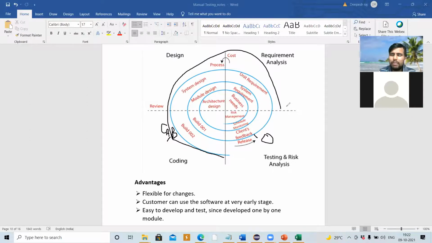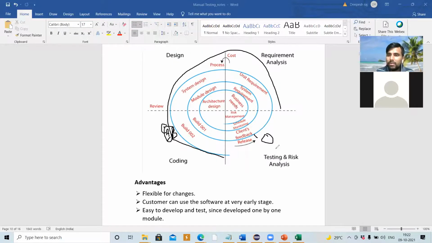Or else they will tell the customer that next time when we develop a new module, we will do the changes in that A module also. That's why we test A and B both, because it is possible some changes have been done in A module. The customer can use it at an earlier stage.